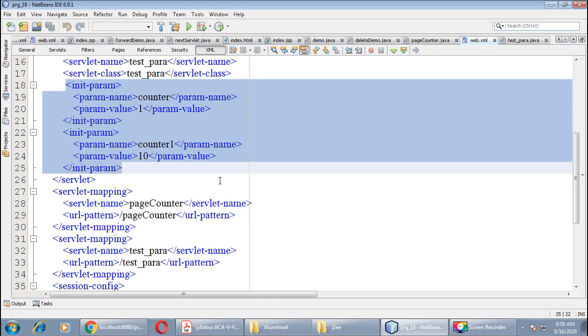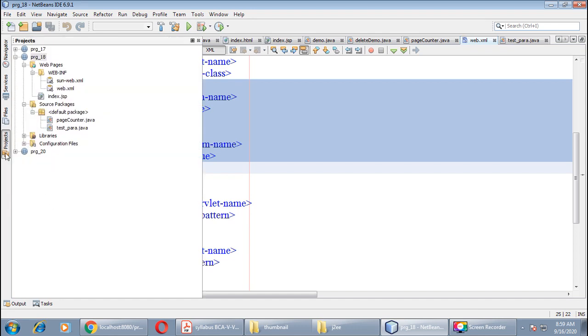How can we do this? This is possible with the help of the getInitParameterNames method. So let us create one more servlet for using this method, and I have already created one servlet with the name test_para.